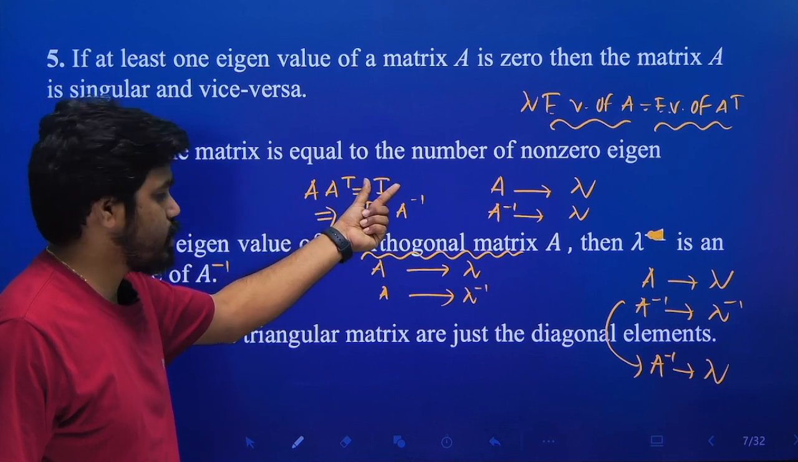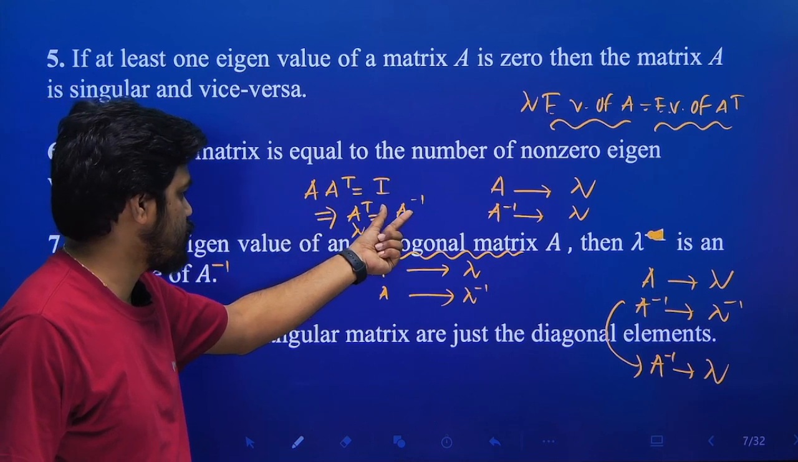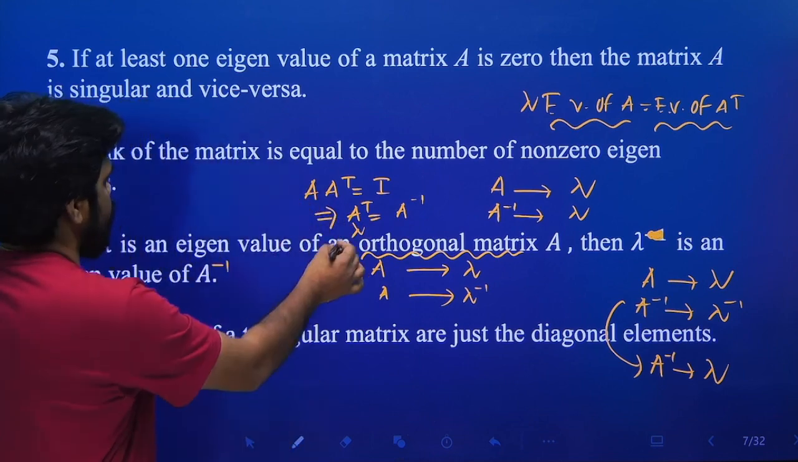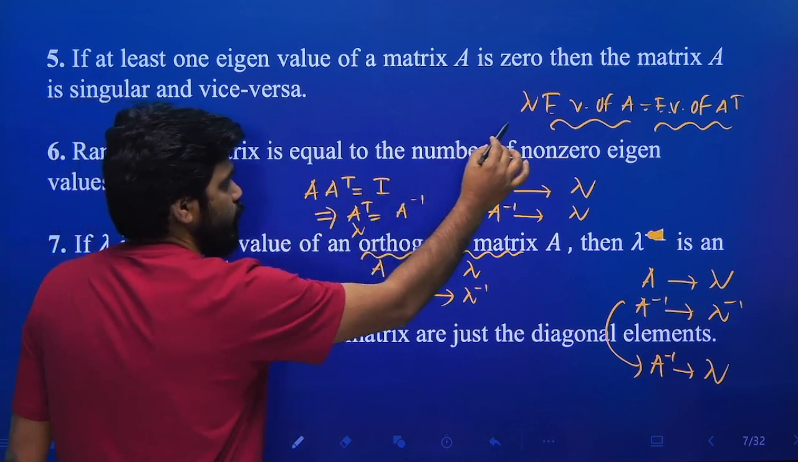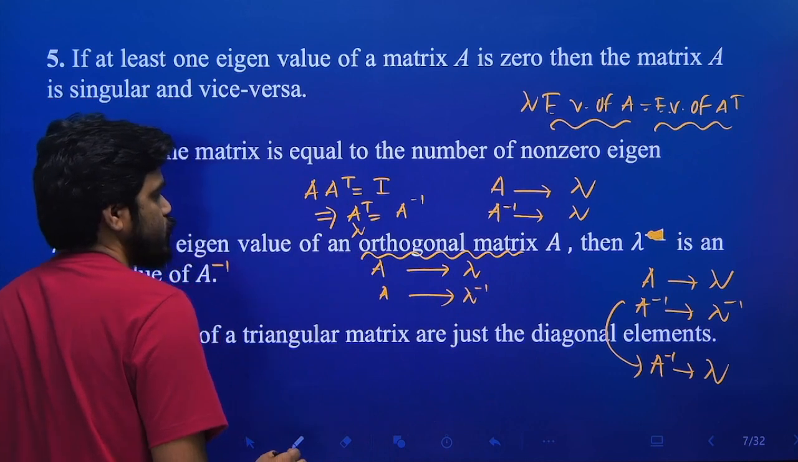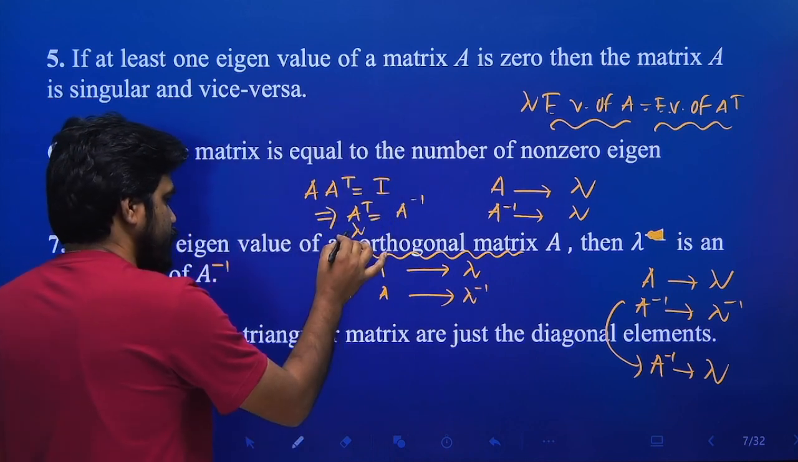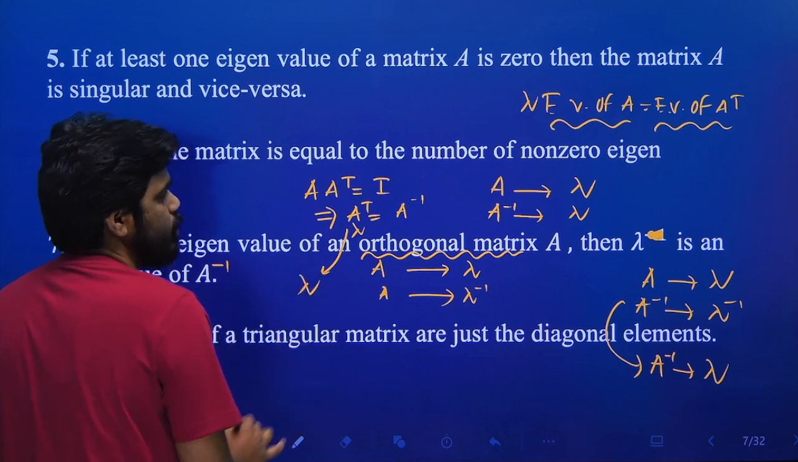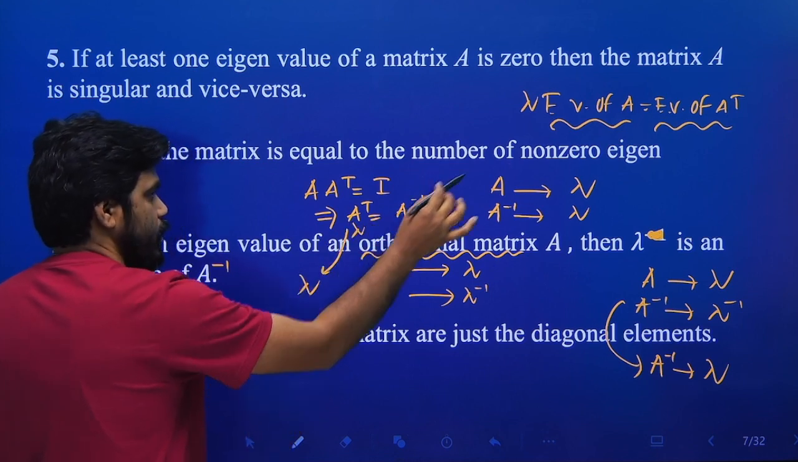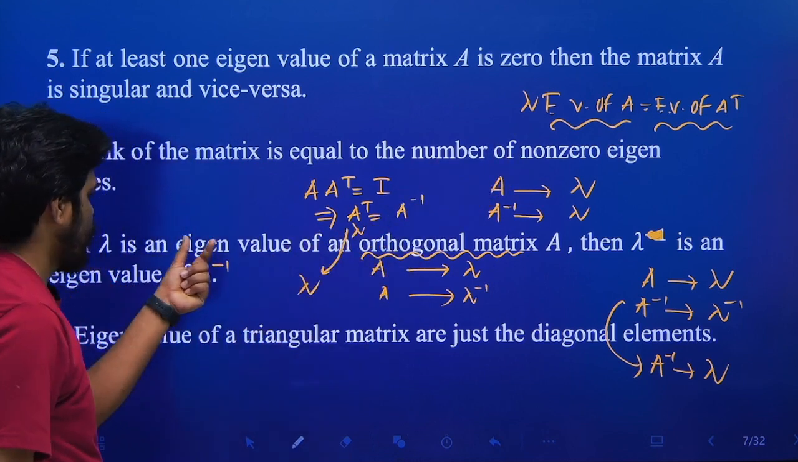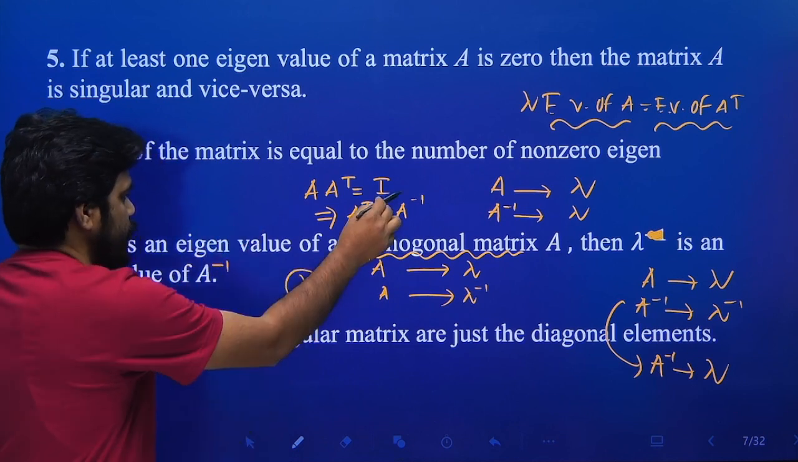A into A transpose is equal to I, that means A transpose is equal to A inverse. Again we know that the eigenvalues of A is equal to eigenvalues of A transpose, তার মানে A transpose এর eigenvalue A এর eigenvalue সেম, তাহলে A transpose এর eigenvalue কি আসবে? ল্যামডা। A এর eigenvalue বলা আছে ল্যামডা, তাহলে A ট্রান্সপোজ এর আইগেনভ্যালু ল্যামডা হবে, তাহলে A ইনভার্স এর আইগেনভ্যালু কি